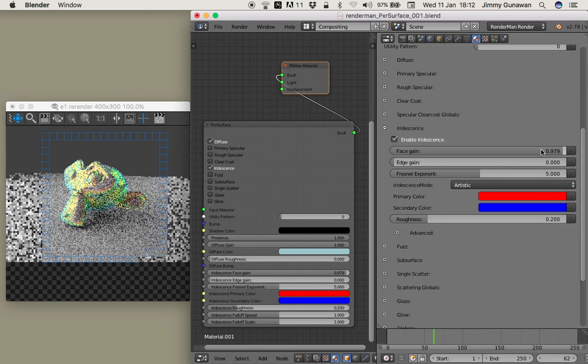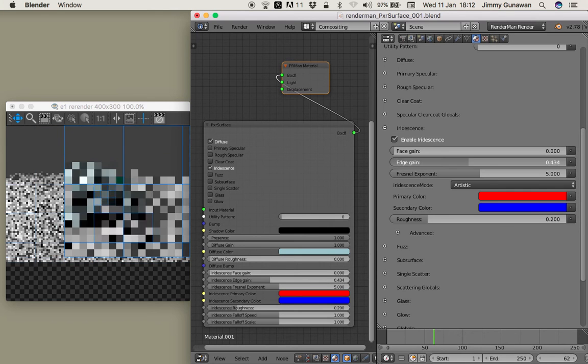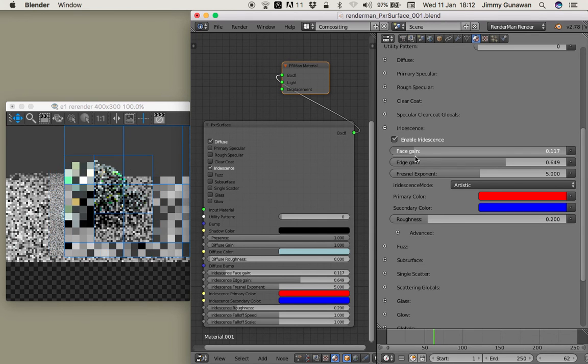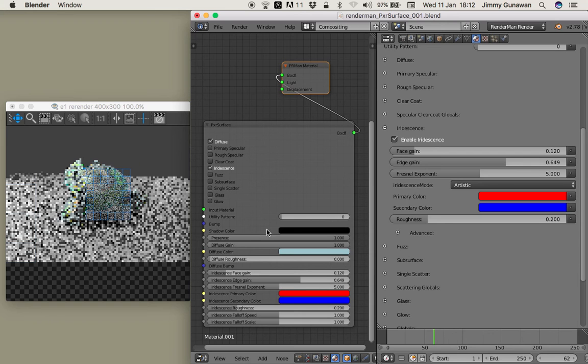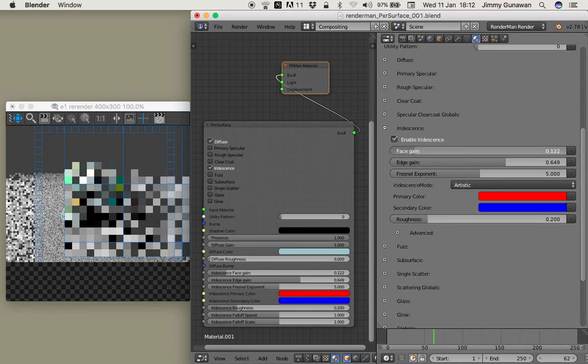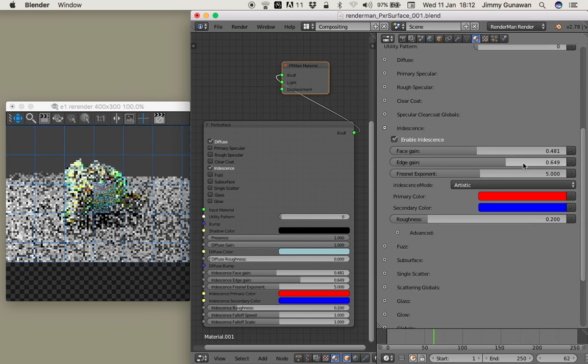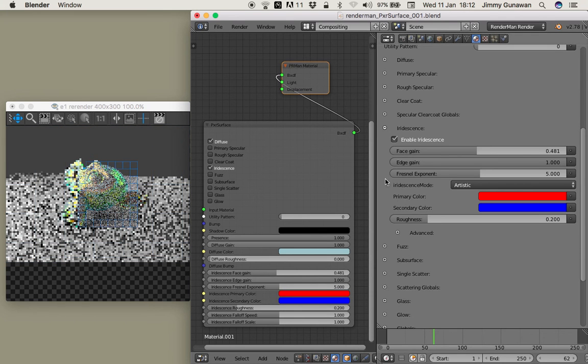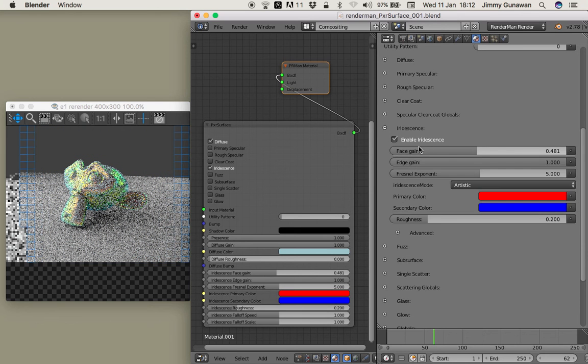More metallic. Let me reduce that. How about edge gain? Edge gain is more subtle, probably. Doesn't seem to mix, but if I increase the edge gain, let's have a look at the difference. I think the phase, so it's